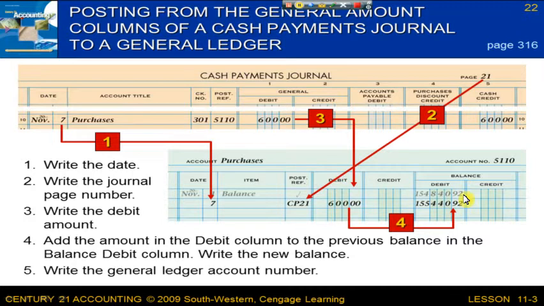And finally, number 5, the last thing we always do is write the general ledger account number of 5,110 onto our cash payments journal in the post reference column. There are 2 reasons why we do this: so that we know where this information went, and also so that if we get sidetracked in the middle, the phone rings, we go to lunch, whatever happens, we know next time we come back where we left off and we're not confused. Okay, that was posting